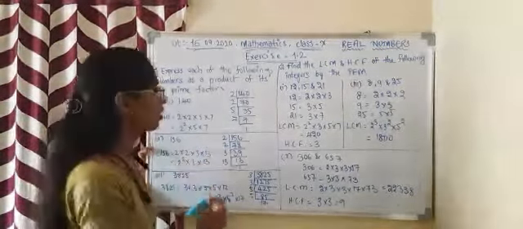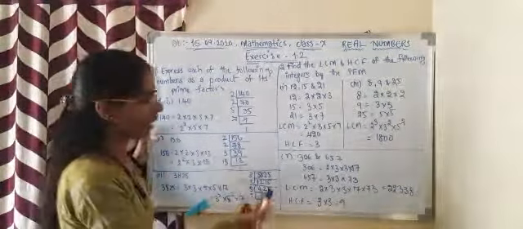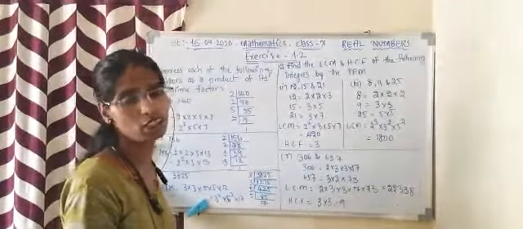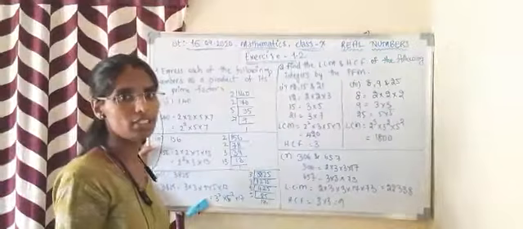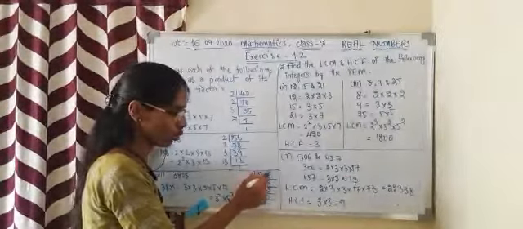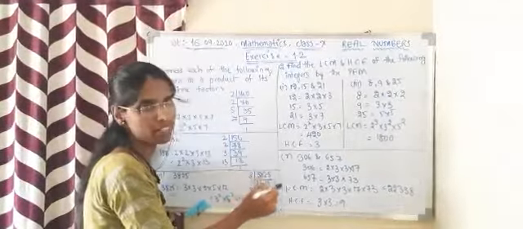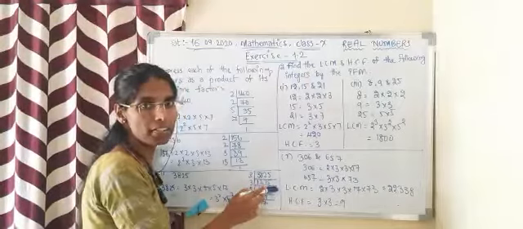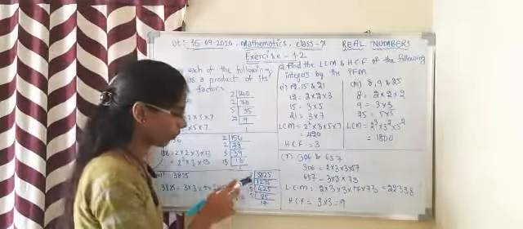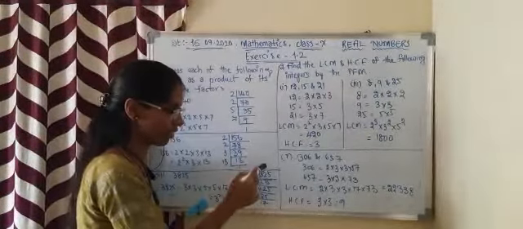Okay, and this is the third one, 3825. 3825 is an odd number and we cannot take it in the 2 table. Let us try the 3 table. 3 ones are 3, 3 twos are 6, 2 will remain, 2 is there here. 3 sevens are 21, 1 will remain here, 15, 3 fives are 15. Again 1275 is an odd number, we cannot take 2. Let us try with 3 again. 3 fours are 12, 3 twos are 6, 1, that is 15, 3 fives are 15.